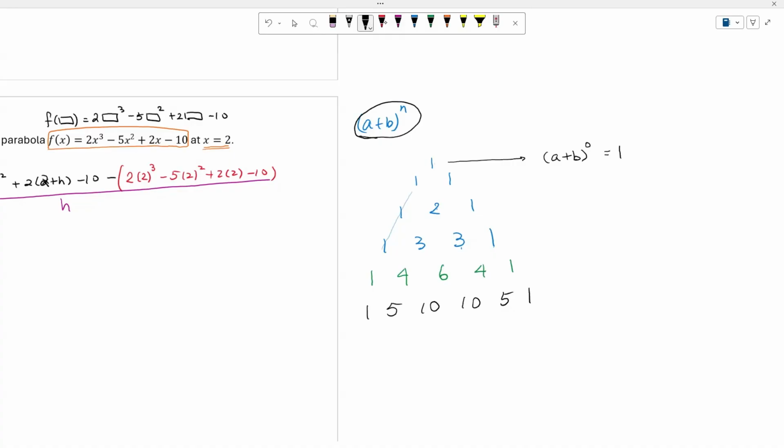And then the second line, you will have a plus b to the first power. Then in this case, your answer should be a plus b. And what you have is 1, the coefficient of the term. And for this one, we have a plus b to the power of 2. And of course, you know that when I expand it out, it will be a squared plus 2ab plus b squared.